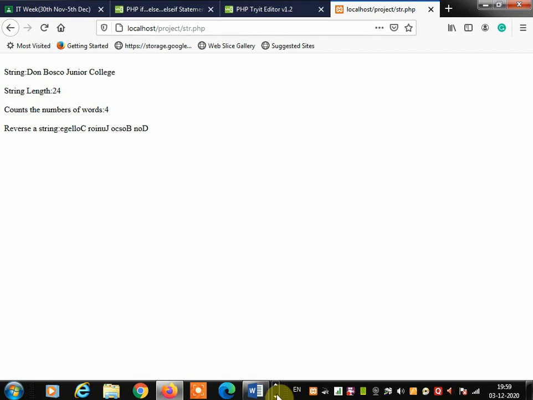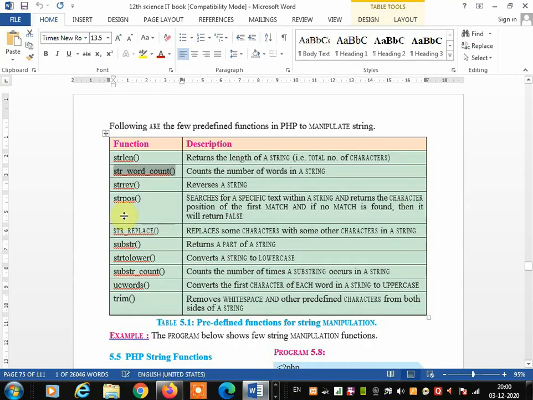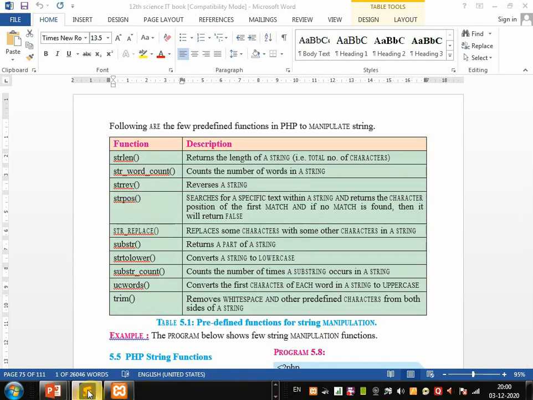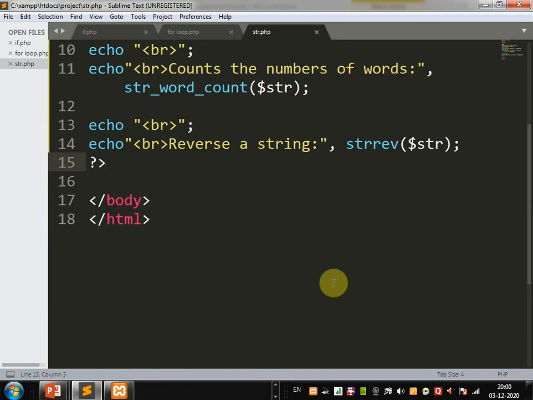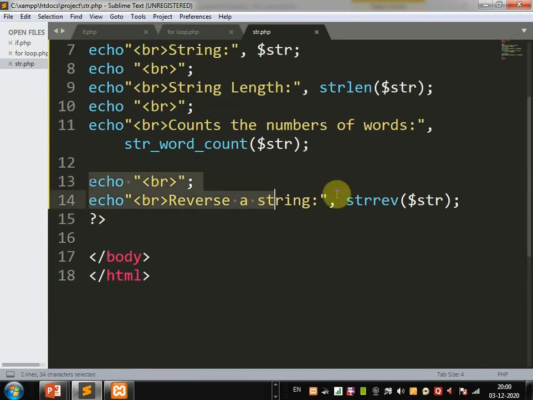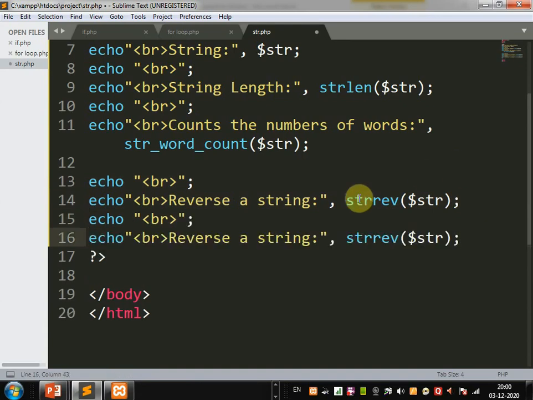The next function we are going to use returns the position of a string. The next function is return position of string, the strpos function. Just copy and paste the previous line and make the changes in the function name.